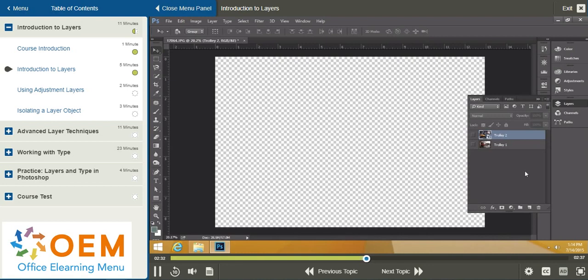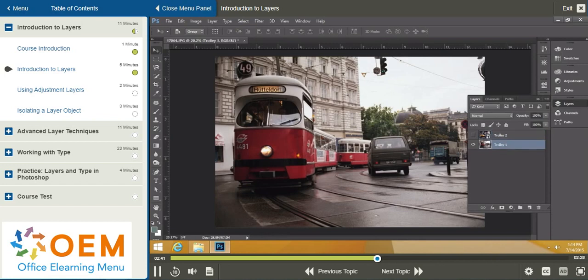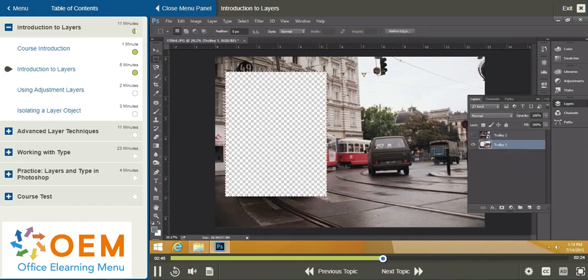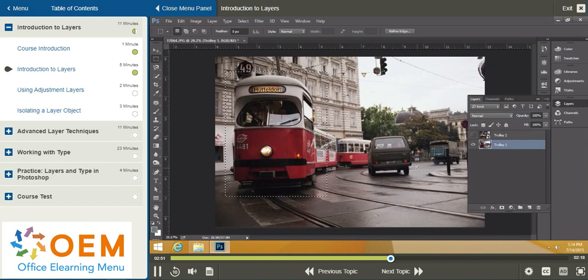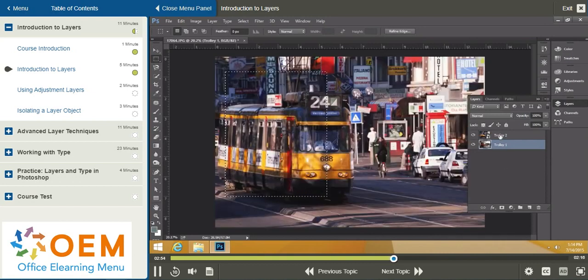Now, that checkerboard pattern that we're looking at is representative of transparency. That just means that the background is transparent. So if I were to go to Trolley 1, highlight an image with the marquee and press delete to delete it, we'll see the background there. So that's important to remember as well. Now what I'll do is Control Z to undo that, turn Trolley 2 back on, make sure it's highlighted. That's important. In order to actually make a modification to a specific layer, you have to make